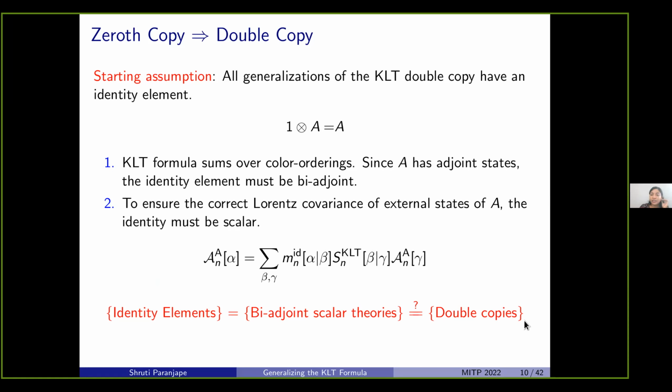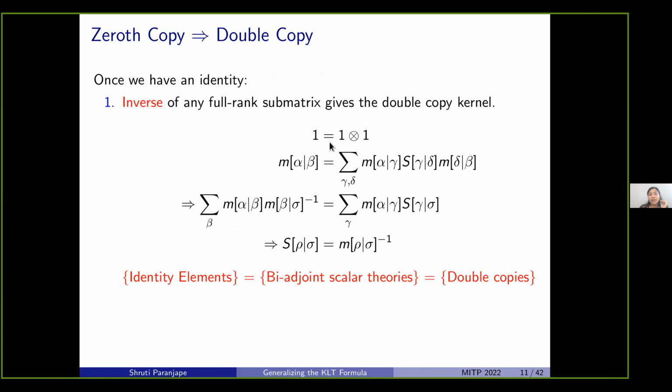All right. So of course, if it's an identity, it also needs to satisfy 1 times 1 is 1. Again, write that out in completion. And you'll find that this formula takes this form, and I can think of each of these as being matrices of scattering amplitudes, where the rows and columns of the matrices are orderings of these external states, right? So I can just treat these as matrices. I can multiply the inverses on this side, and that gives me this formula over here, which has been